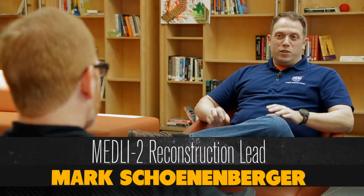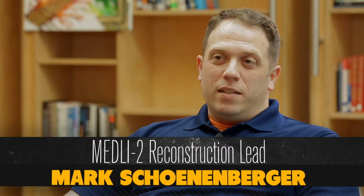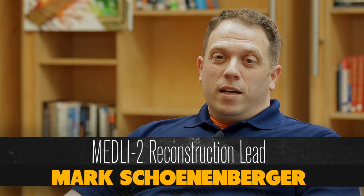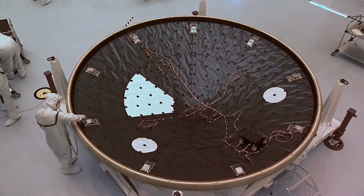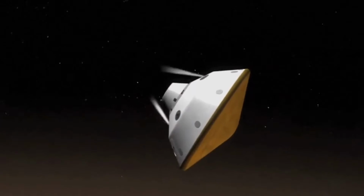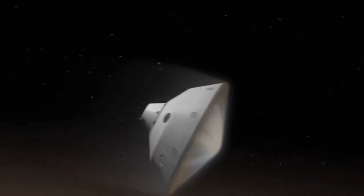Now I'm wondering though, in terms of technology and how you're growing Medley, Medley 1 was a very successful mission as far as the data we got back. What are we expecting for Medley 2? For Medley 2, it's really to dig in and look at the pieces that we couldn't quite get for Medley 1. The instrumentation there was the first time we'd flown instrumentation since Viking to get pressure and heating data. So we really tried to capture the whole event. And to do that,